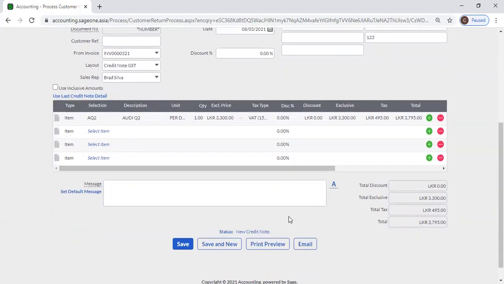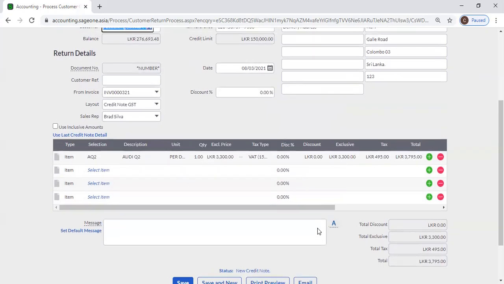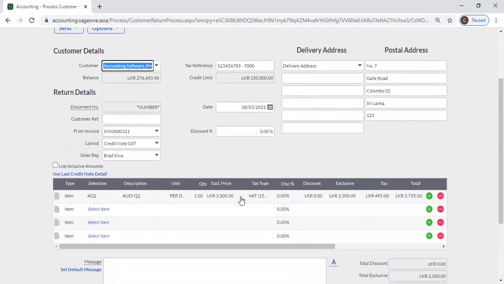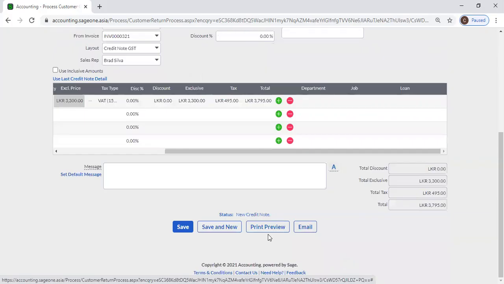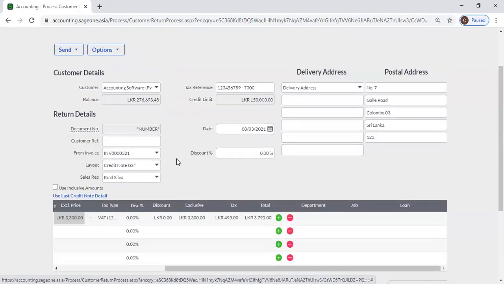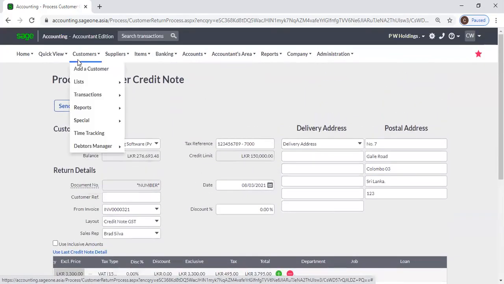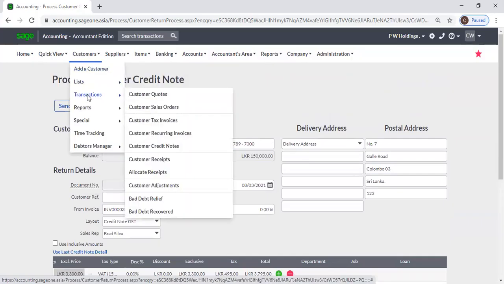You can process this in a credit note. If you want to do any changes, you can do changes, and you can process that credit note. Or else if you want to enter a fresh credit note, you can go to transactions, customer credit